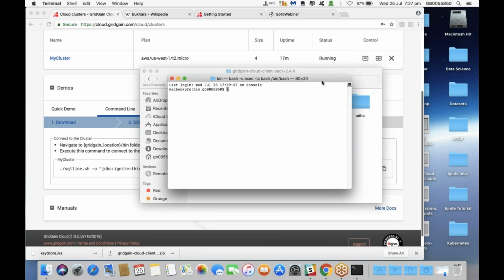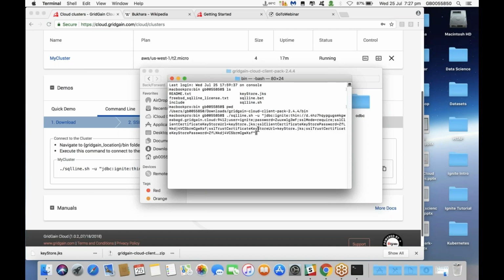there we go. Okay, so now this is just to show you where we are. Print working directory. Okay, so this is in the bin directory. Okay, let me just try and blow that up a little bit for you. And what we have then is just paste that command that I copied. So here you can see this SQL line